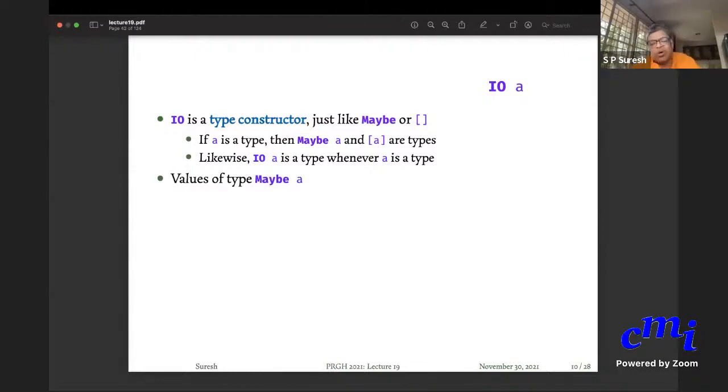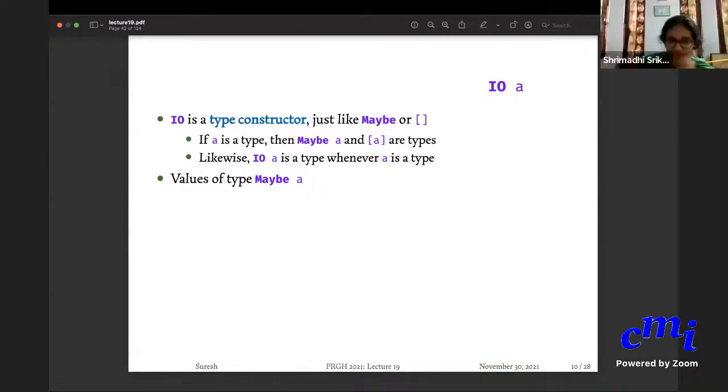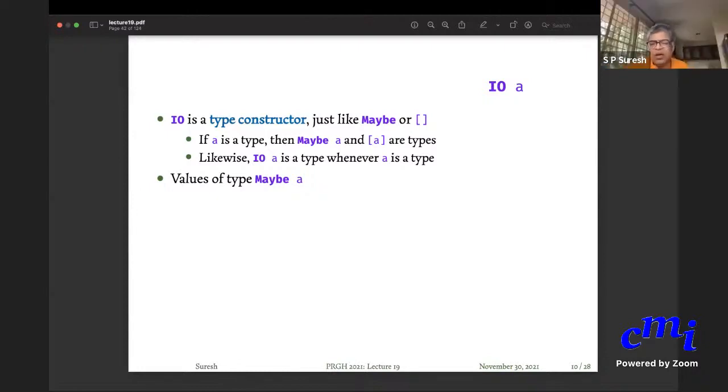Here is the important thing though. What are all the values of type Maybe A? Do you recall, Srimati? Maybe Int, let us say. What are all the values of type Maybe Int? Yeah, Just x, where x belongs to type Int, or Nothing.